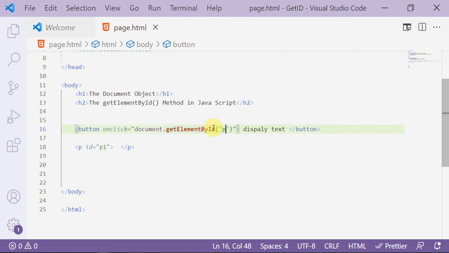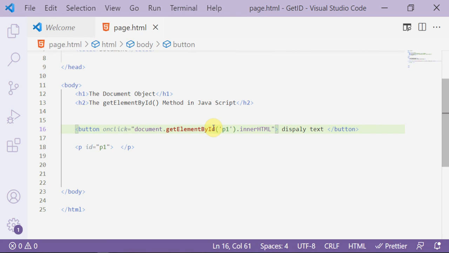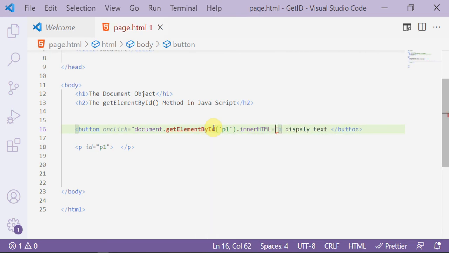Then complete the code with .innerHTML equals, and write the following text between single quotation marks,